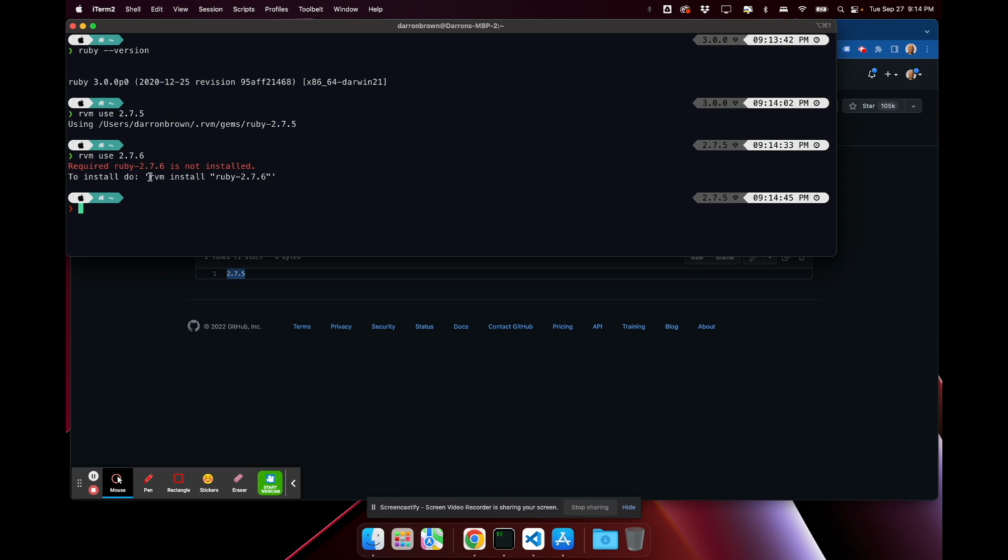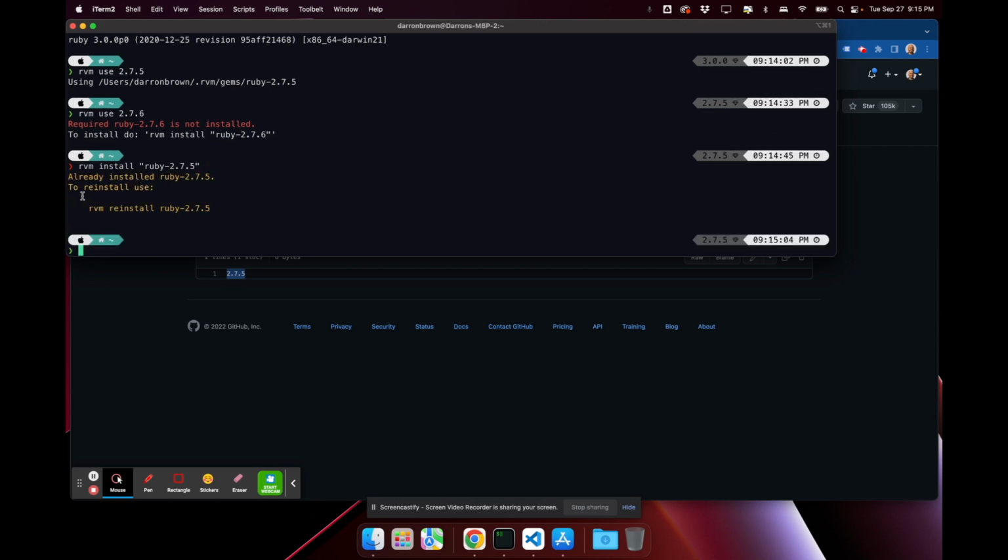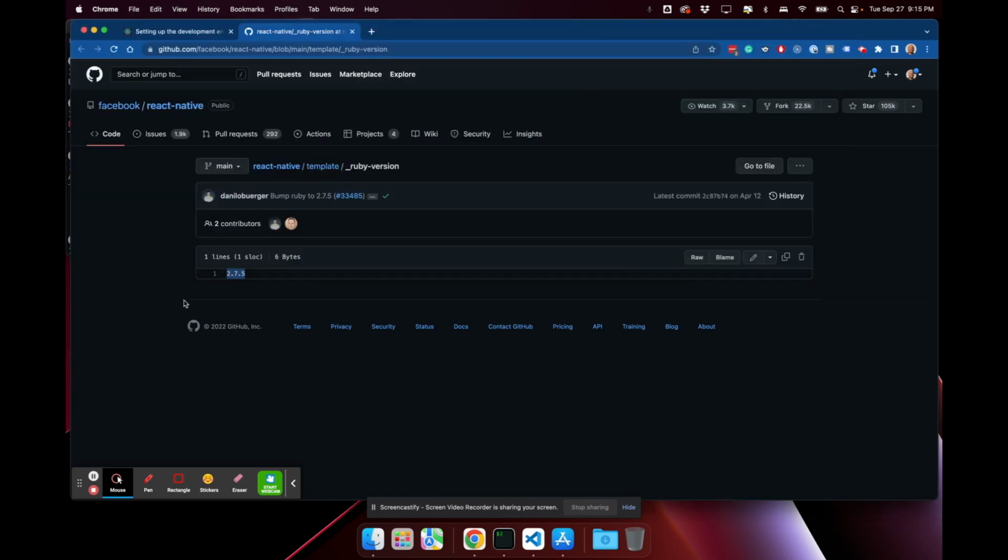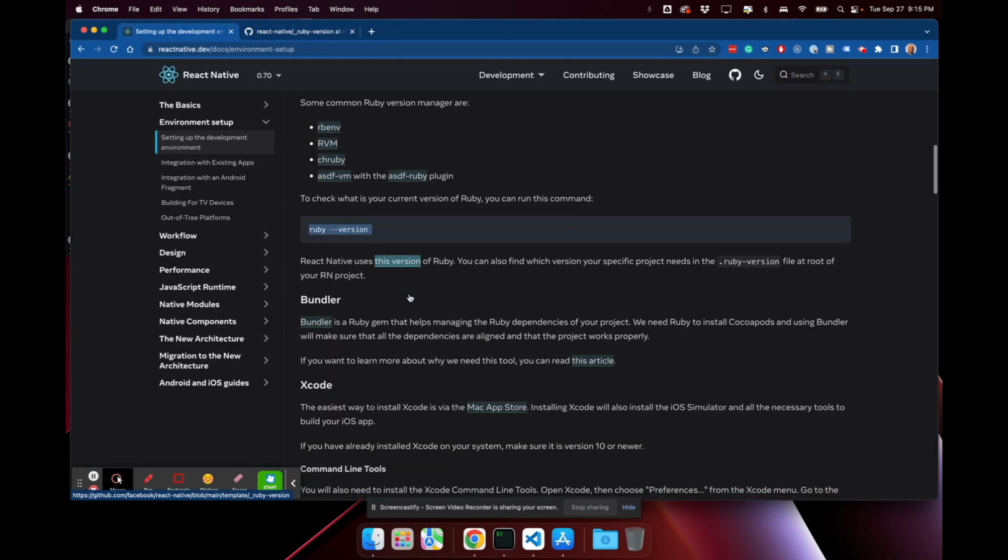So yeah, you may have to run the command rvm install "ruby-2.7.5" in double quotes to install this version. Press enter. See, I already have it installed, so I don't need to reinstall it. But once you've actually installed that version, then you want to run the command rvm use 2.7.5. Now, once you made it past that step,